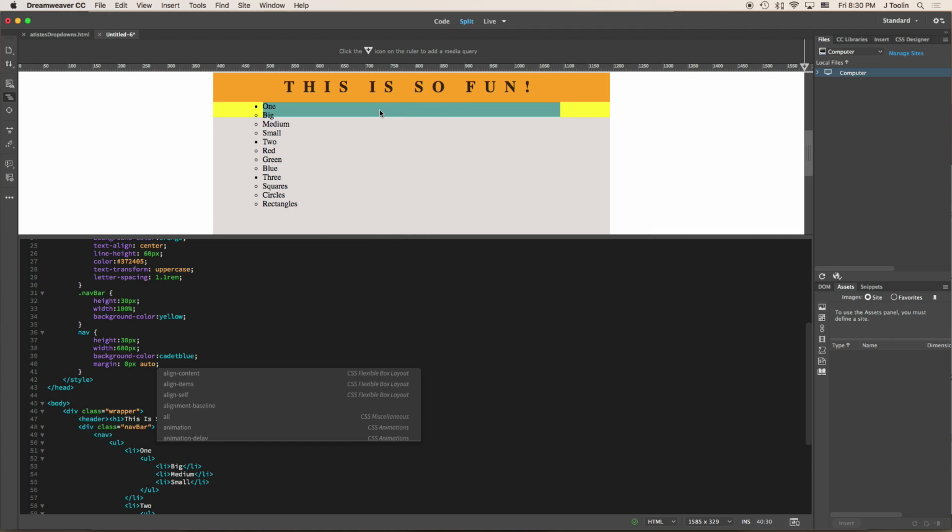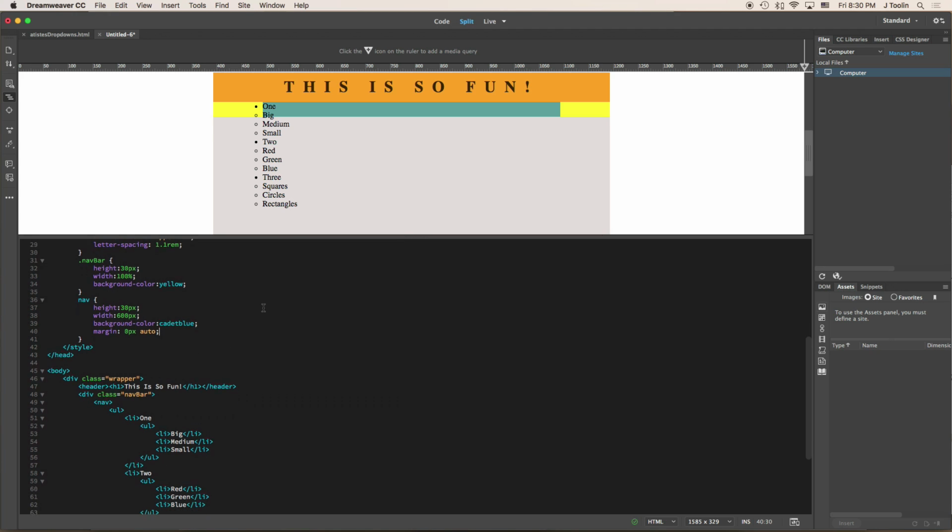Right now it's centered. Margin 0, pix auto. It's centered. Okay, so the nav bar is situated. The next thing are the lists, the lists under there. Okay, and this is where things get a little bit more difficult. Okay, so I'm going to come in here, and the first list is this unordered list, and it's encapsulating everything